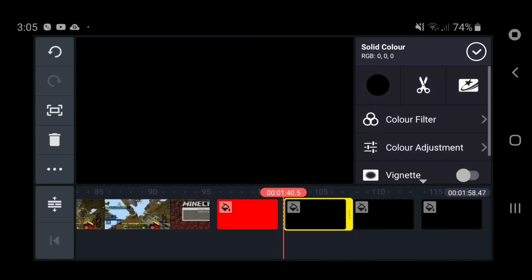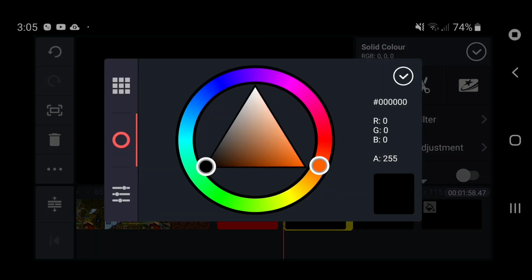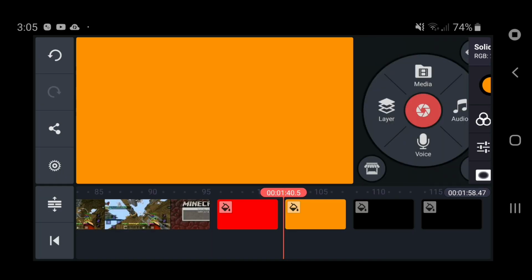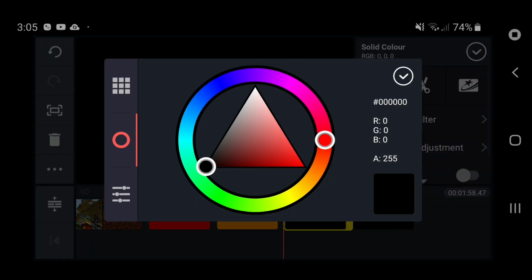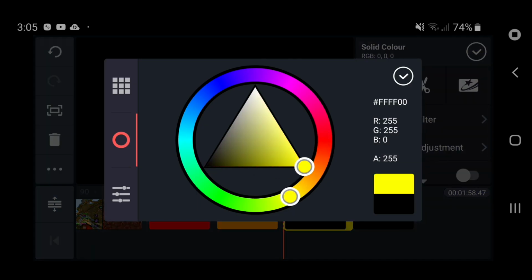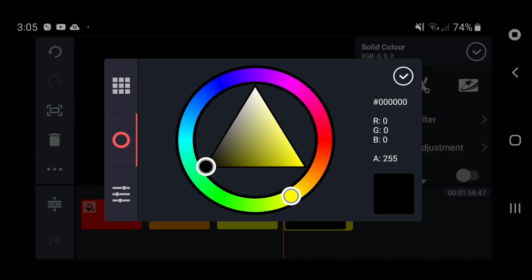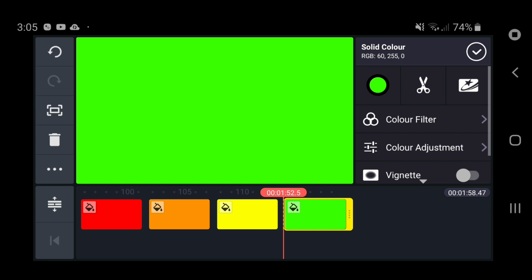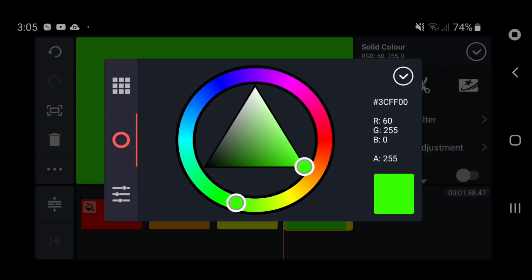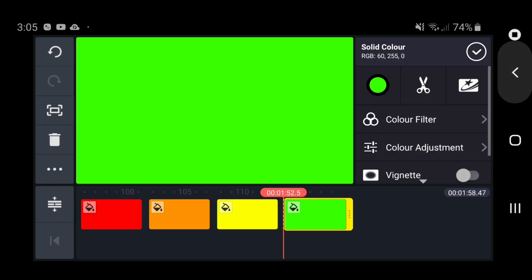So red, and then make it orange, and then make it yellow, and then green, because they're all like next to each other, you know. And if you want to make it the other way, like over there, it's fine, but I'll just leave it